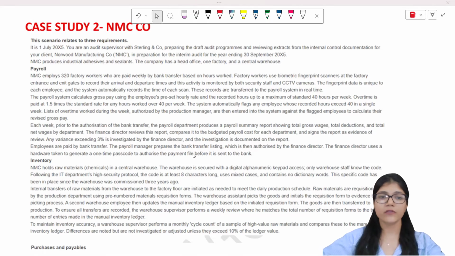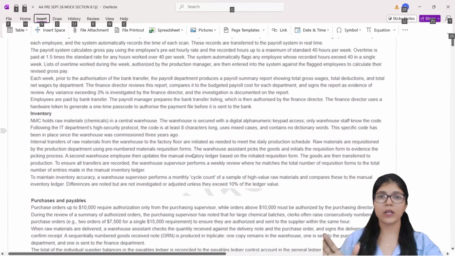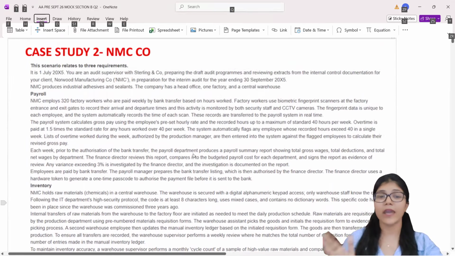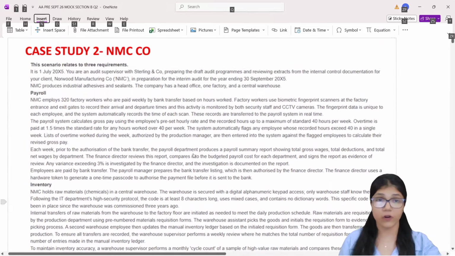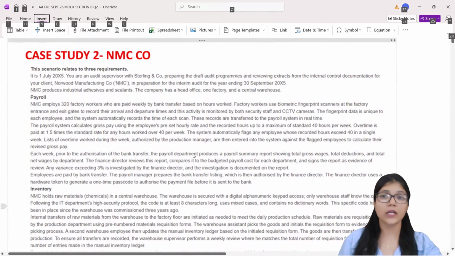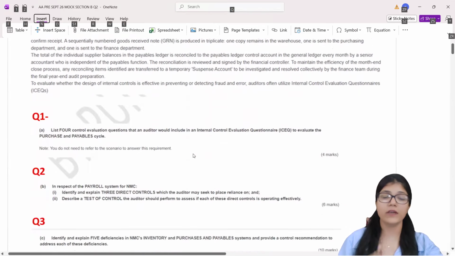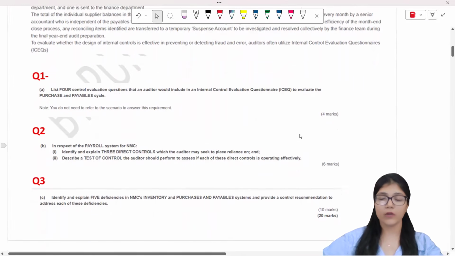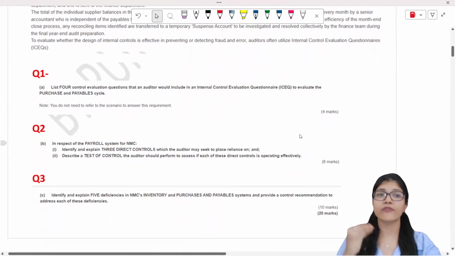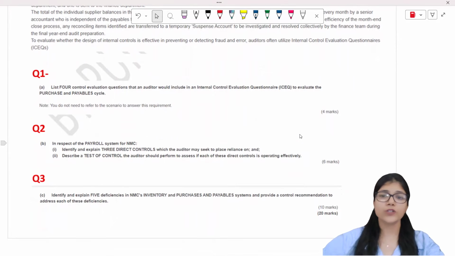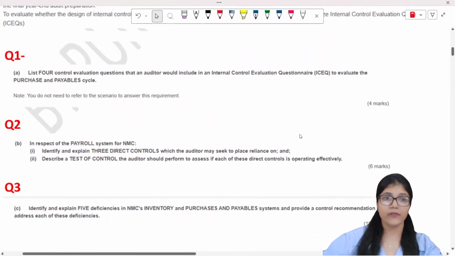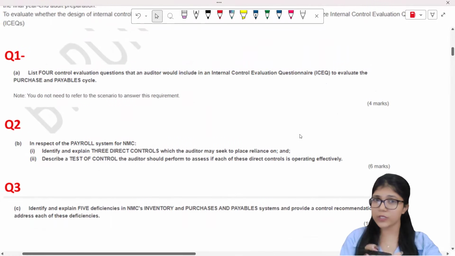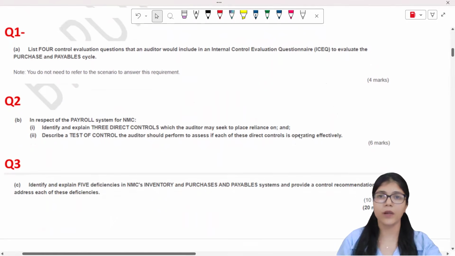Right, so first of all, as I did in question number 1 as well, we never ever go ahead with reading the case study first. That's the worst thing that you can do. You should always first read the requirement so that you actually know what the requirement of the question is and what exactly you have to find in the case study. And you also get knowledge based questions, so you do not need to refer to the case study for those. So ultimately we are saving double time, right?